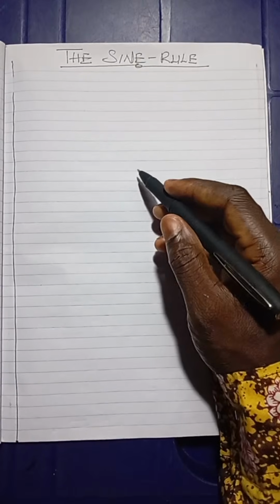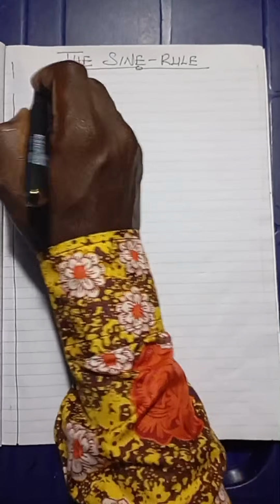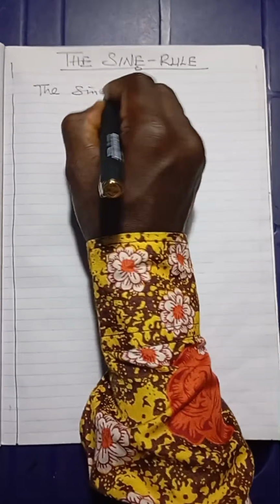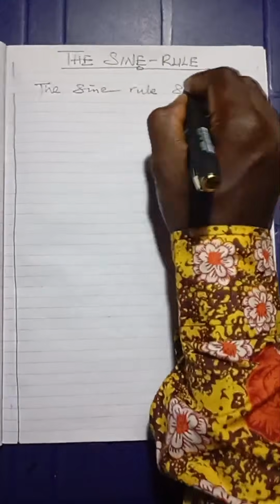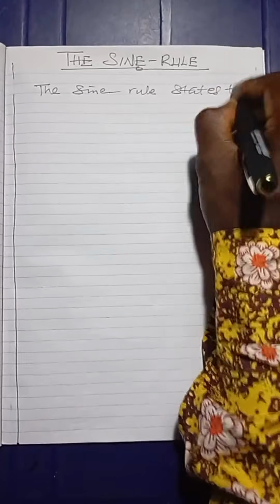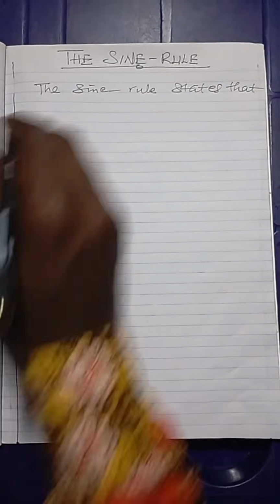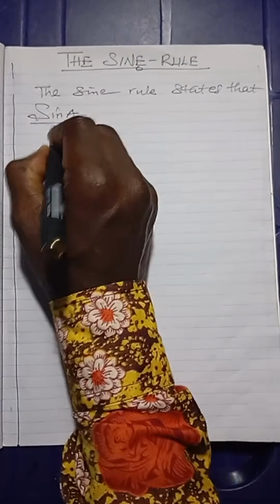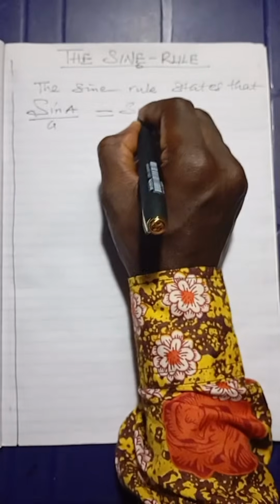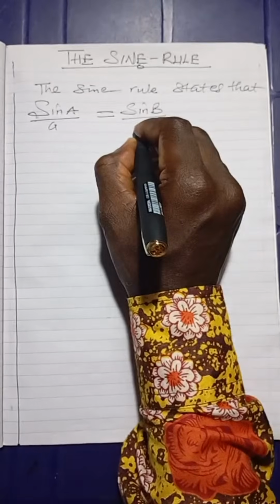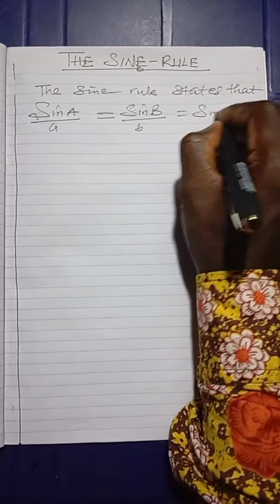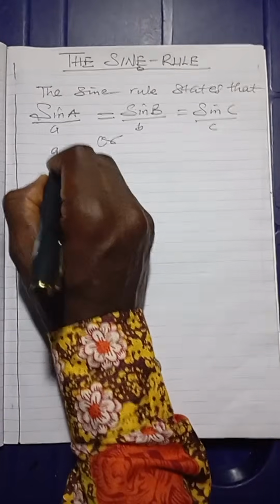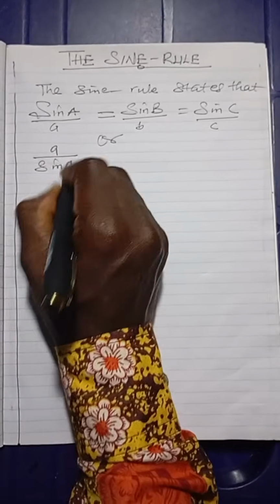Okay, now the sine rule states that sine A over small a is equal to sine B over small b equals sine C over small c, or a over sine big A is equal